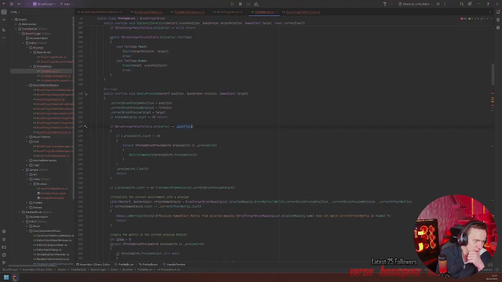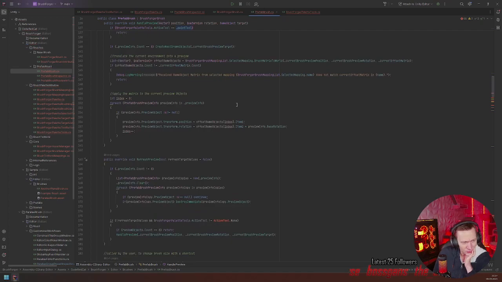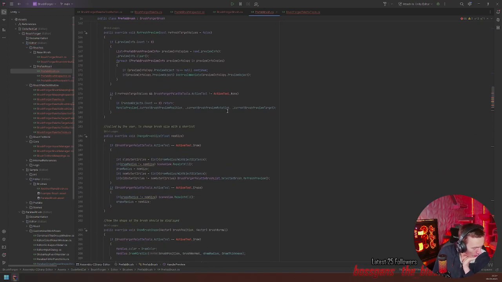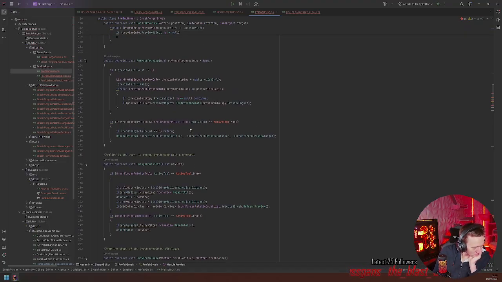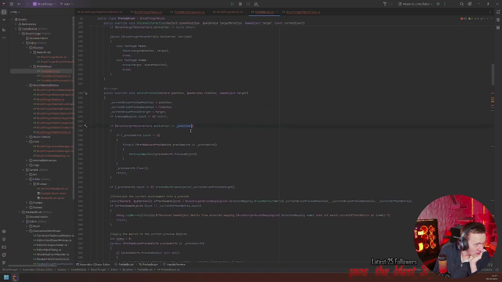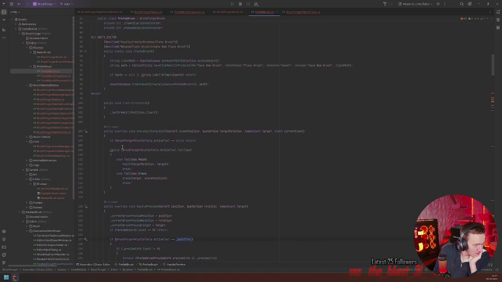Can make this comparison. Okay, so I probably would need the type. But how do I do the same in a switch case? I'm a little bit dead.